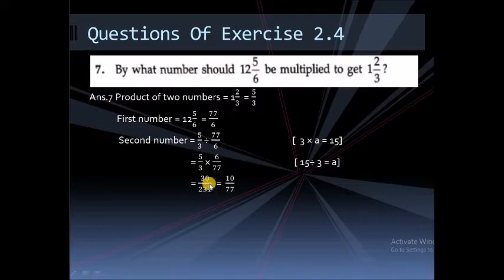This can be simplified further because both of them are divisible by the table of 3. So it will go 10 times and this will go 77 times. Or you can do one more thing. You can cut these fractions over here only. As you can see, 3 and 6 both are visible. If you want, you can cut them up here. 3 will go 1 time and this 6 will go 2 times. So in the numerator I will get 5 2s are 10 and in the denominator I will get 77. So you can do either of the ways, whichever you like.